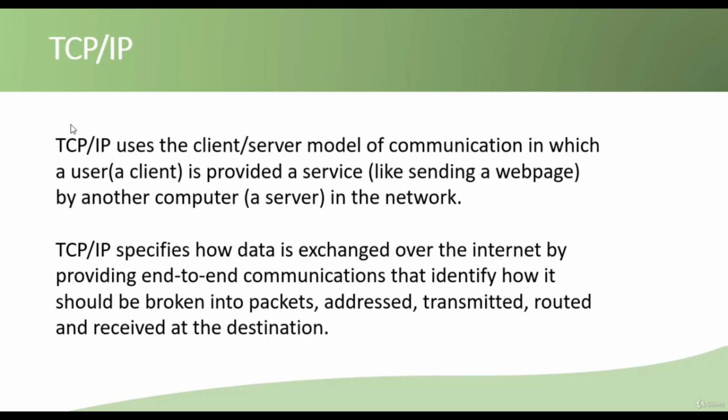Transmission Control Protocol and Internet Protocol are two protocols used in data communication. They basically tell how data is exchanged over the internet. First, our data is broken down into packets, and then these packets are given a unique address. Then we transmit these packets to the specified address, where they are received and packed again at the destination. Basically, TCP/IP contains 4 layers: physical layer, application layer, network layer, and